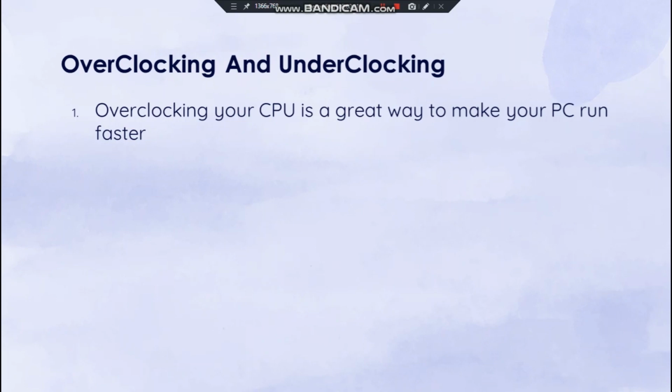Similarly, if you want to save the battery in your travel time and you don't have any big programs to run on your PC, then you may underclock your PC so that the power consumption decreases and your battery life increases. One last thing to say, but not the least, don't assume that a 4 GHz processor runs smoother than a 3 GHz processor.